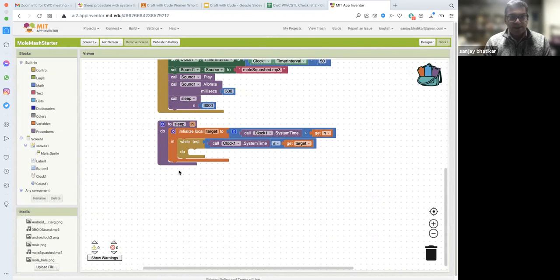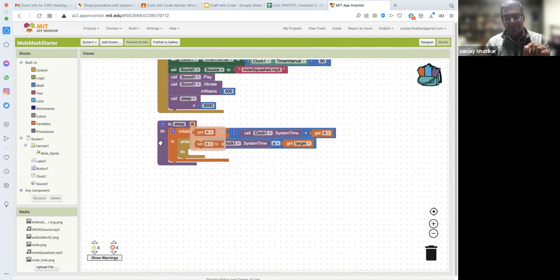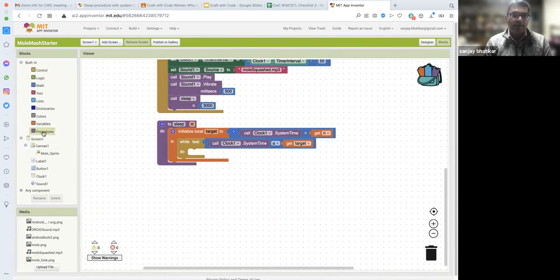Because I want to leave this one around. They will both do the same, but the second sleep procedure will stop me from actually touching the mole while we are paused, right? So while we are in this state of suspended animation, when the player touches the mole, nothing should happen. I should not be able to touch the mole again and score more points, right? So that's what we are going to do. I'm going to go to procedure and grab a block for a new procedure. We'll call it sleep for